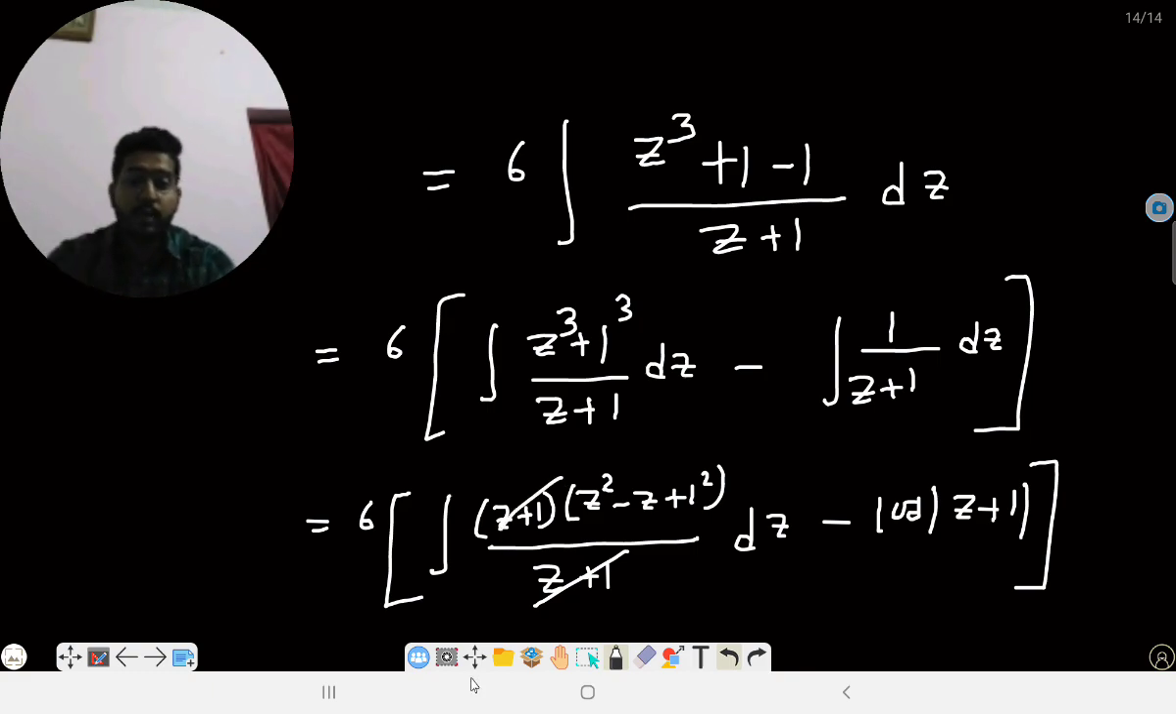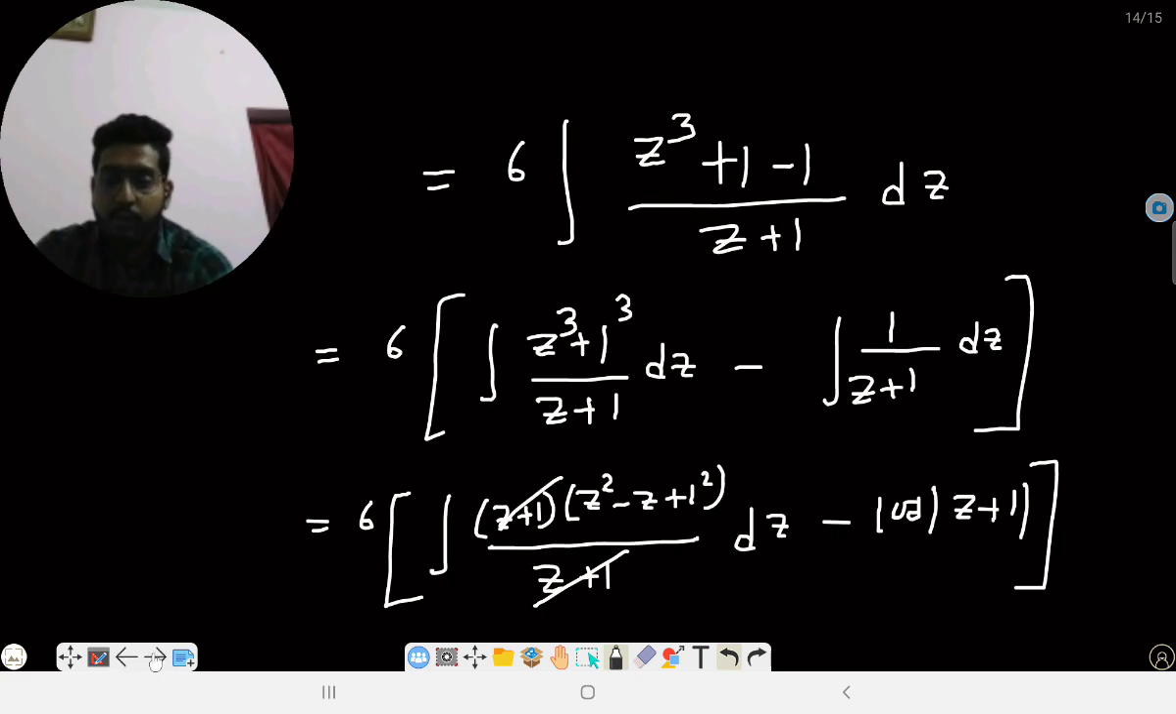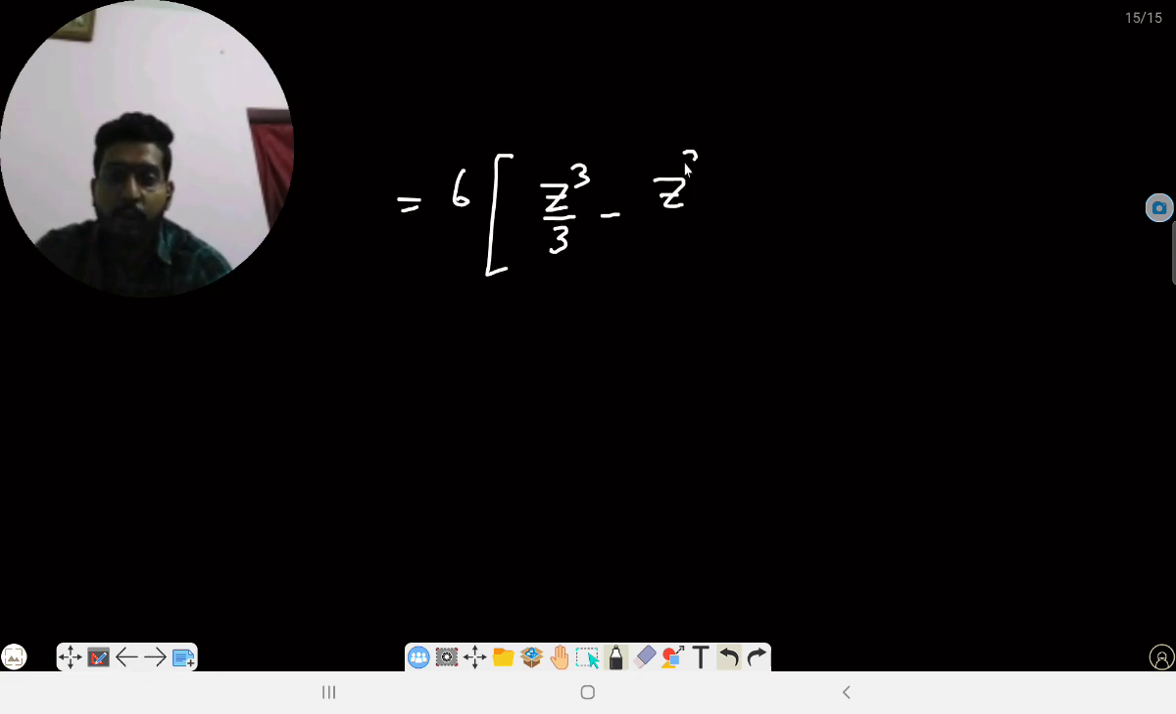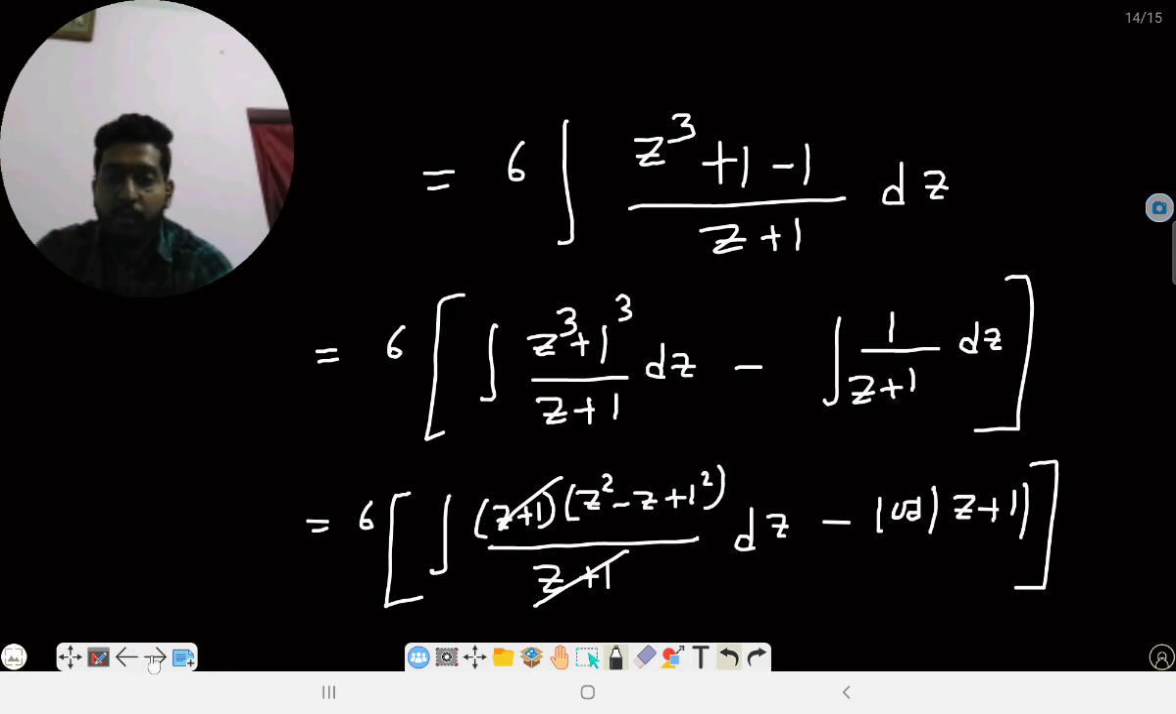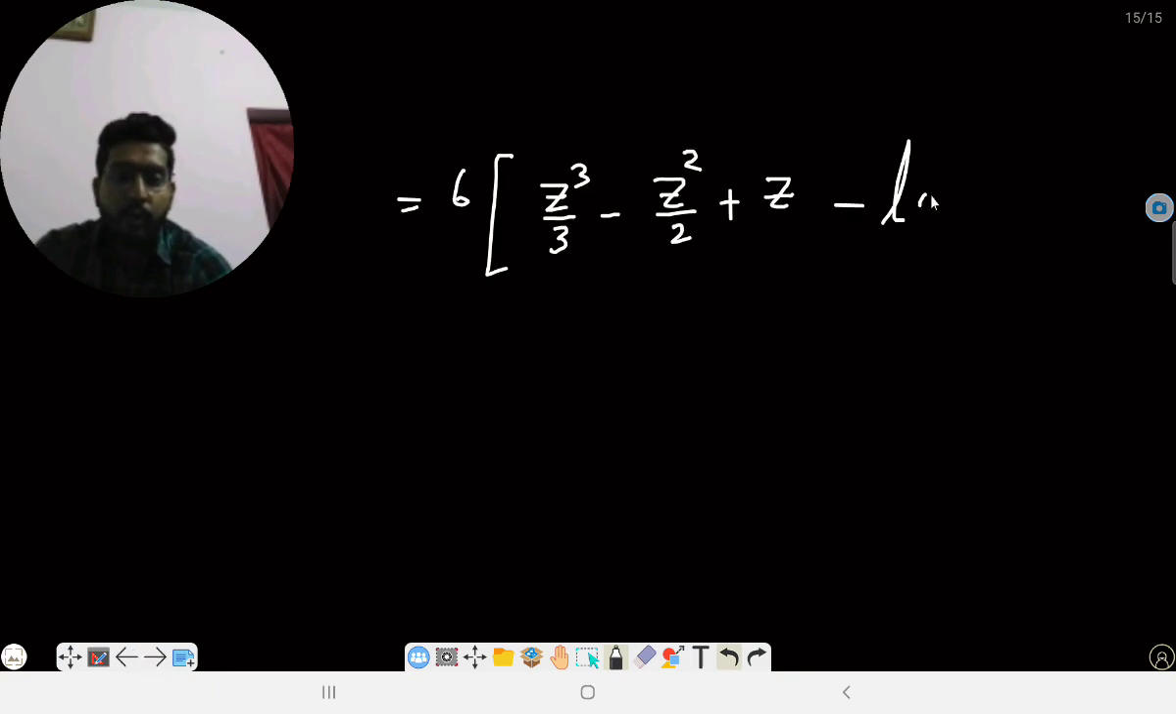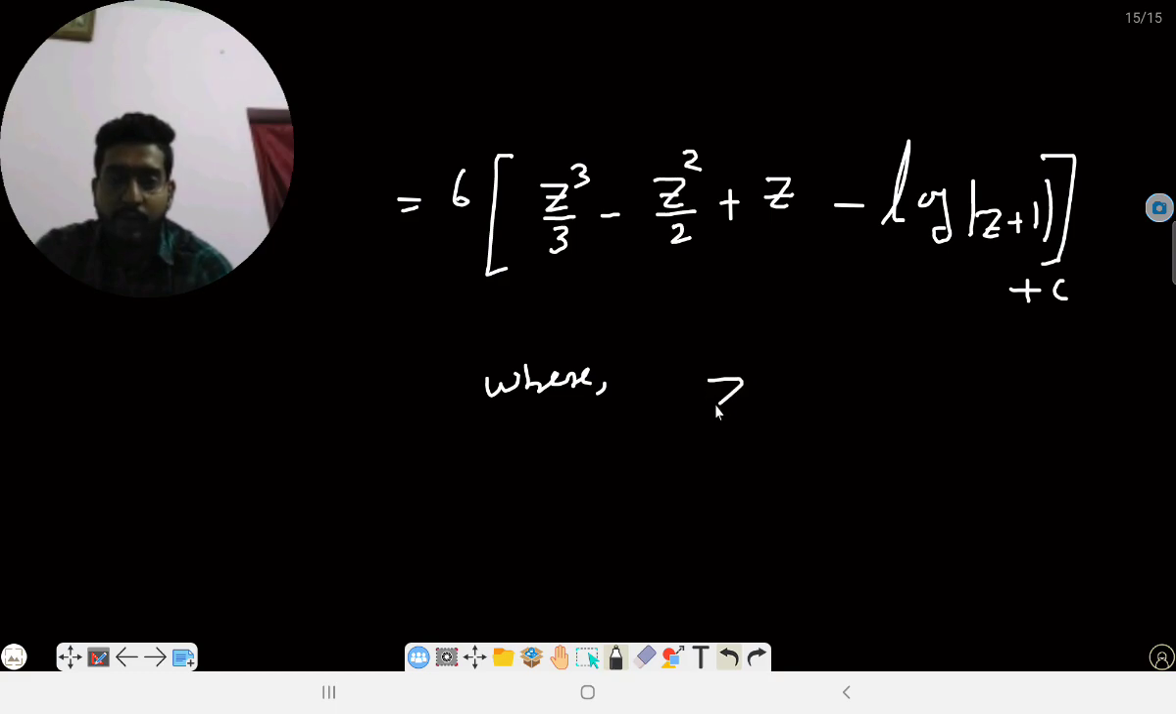So integration of z square minus z plus 1. Integration of z square, what will be the integration of z square? That will be z cube by 3, minus z. So integration of z will be z square by 2 and integration of 1 will be z, done, and that will be minus log mod z plus 1 plus c, where z to the power 6